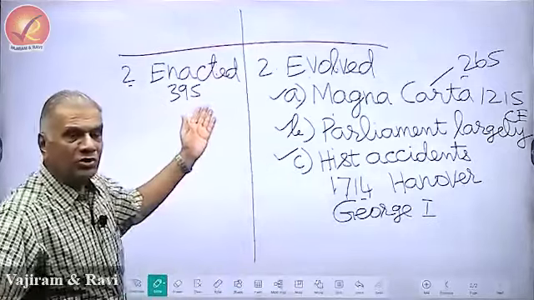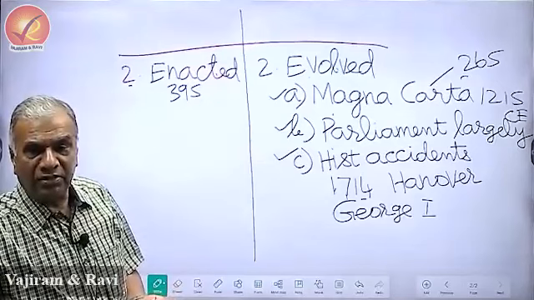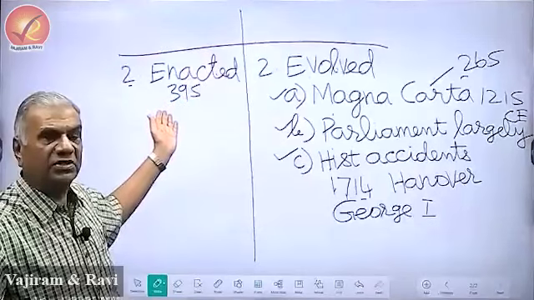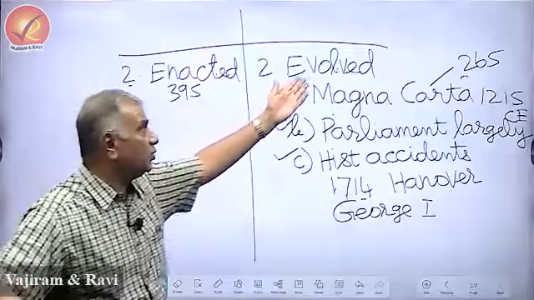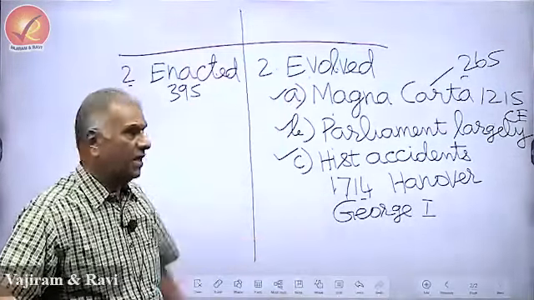So the Indian Constitution was made within less than 3 years by the Constituent Assembly of India, from 9th December 1946 to 26th November 1949. It was made, but it took more than 800 years to make the British Constitution. Right. The third difference is,